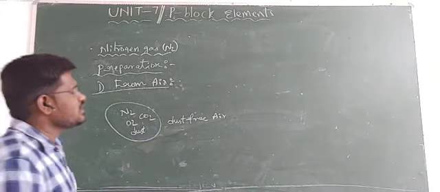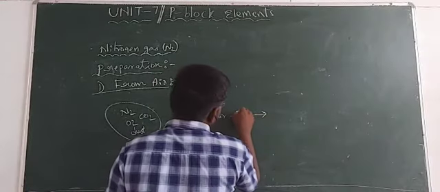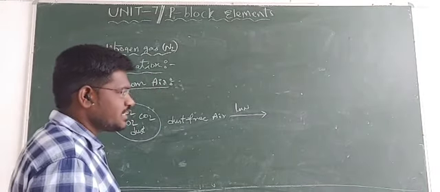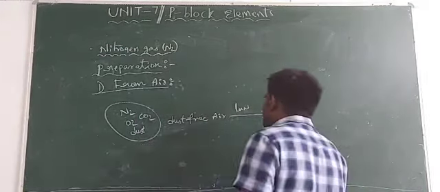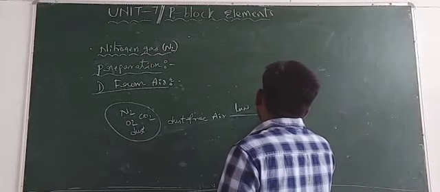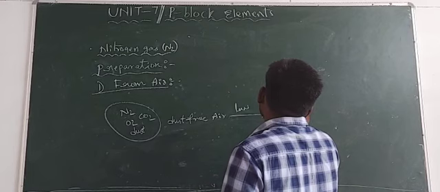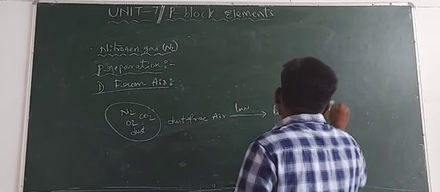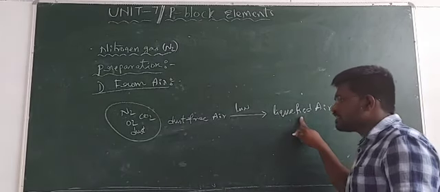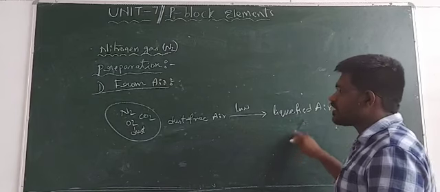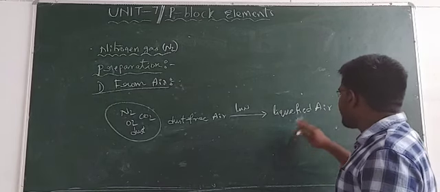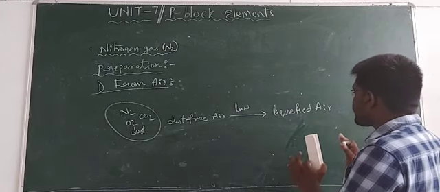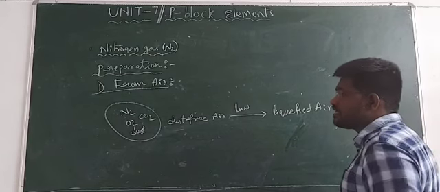Dust-free air is liquefied under very low temperature, approximately less than minus 200 degrees centigrade. Under this temperature, air will be liquefied. In this liquefied air, nitrogen is present in the liquid state, oxygen in the liquid state, carbon dioxide in the liquid state, and other gases also in the liquid state.